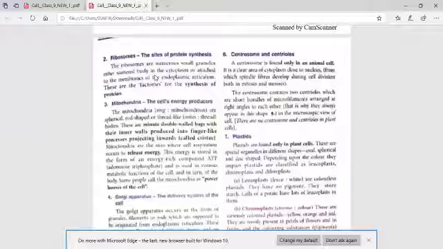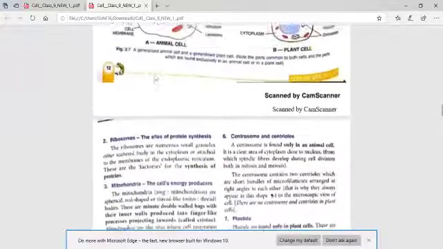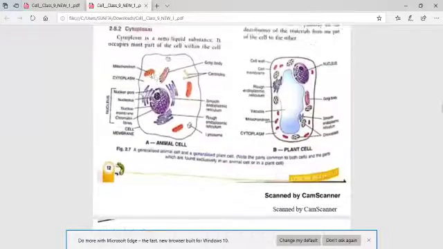Mitochondria is present in bacterial cell, it is present in plant cell, as well as in animal cell. Mitochondria is called the powerhouse of the cell. The reason is what? Inner to this mitochondria, there are finger-like structures which we call cristae. And cristae have